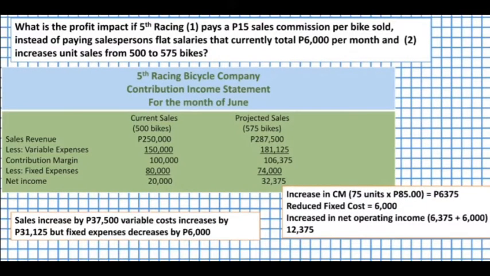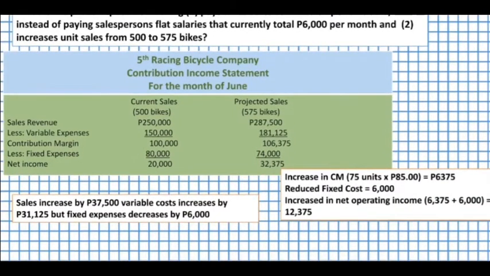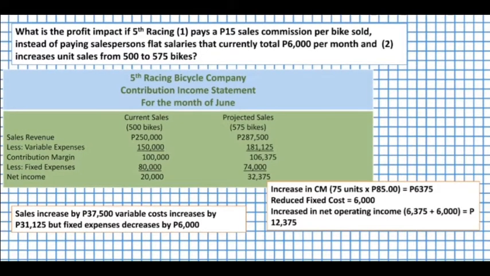In the income statement, again we can see the changes of unit sales for projected sales, which is 575 bikes. The amounts of projected sales from sales revenue to net income have changed, which is